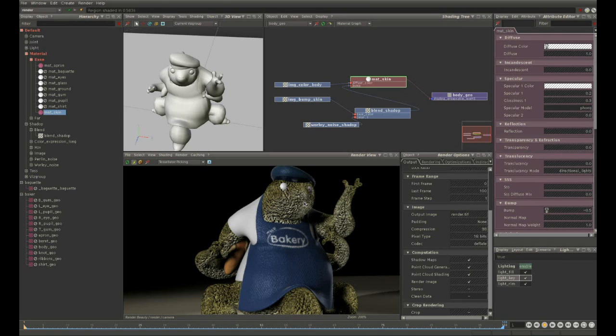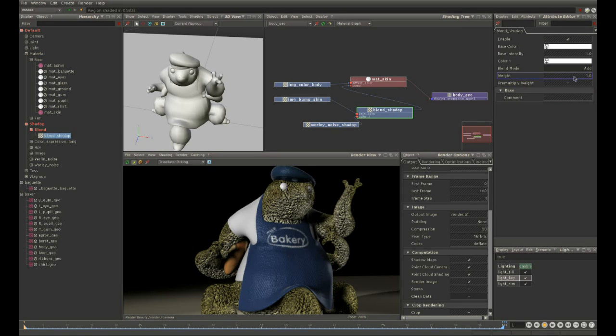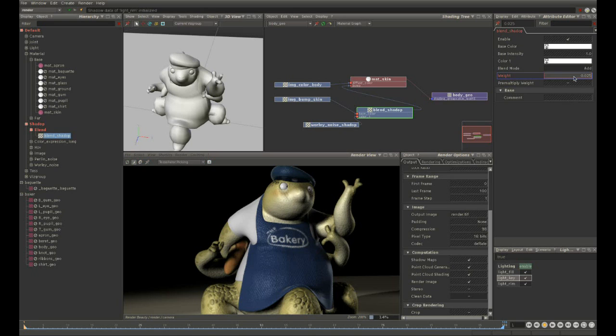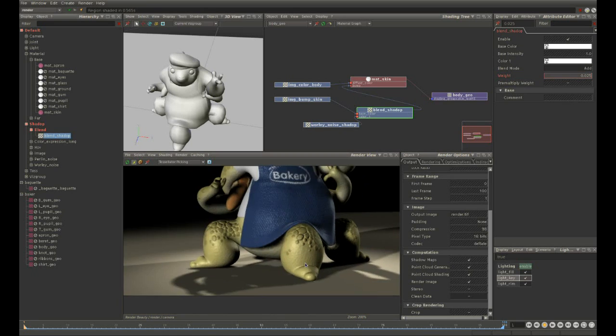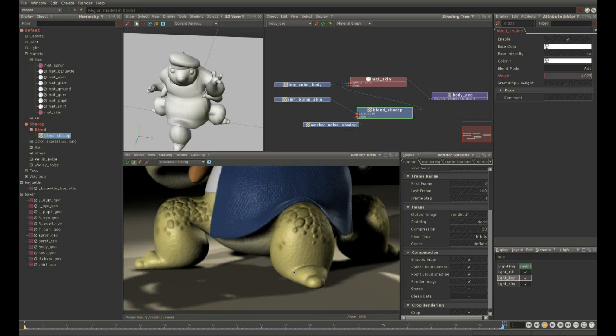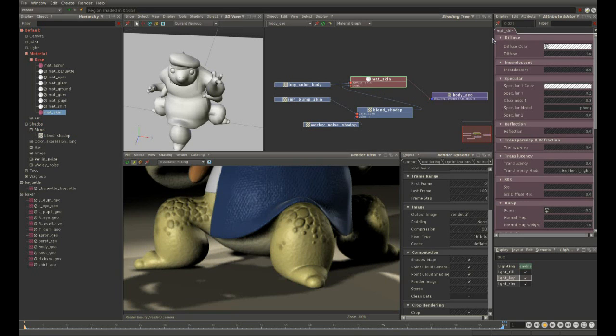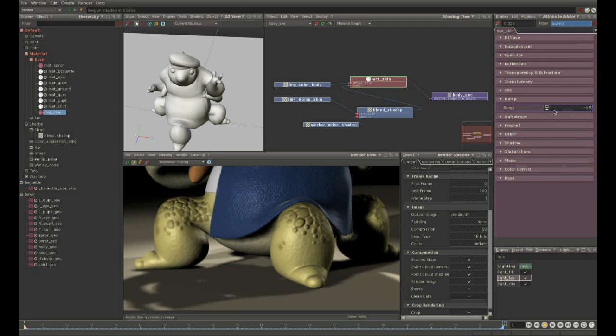So, this is much too big, so I'm going to decrease the weight of my blend. I'm going to decrease it to 0.1, still too big, divide by 2, still too big, divide by 2. Okay, this seems good, but I actually want to increase the overall bump of my material. So I'm going to select the material, and if I don't know where to find the bump attribute, I can still use the filter. So I'm going to type bump in the filter. So here it is. It's minus 0.5, so I'm going to put minus 0.7,